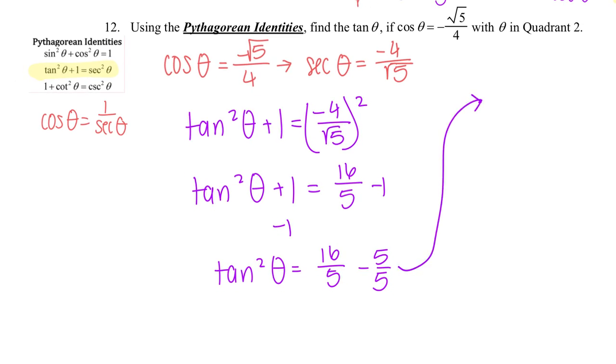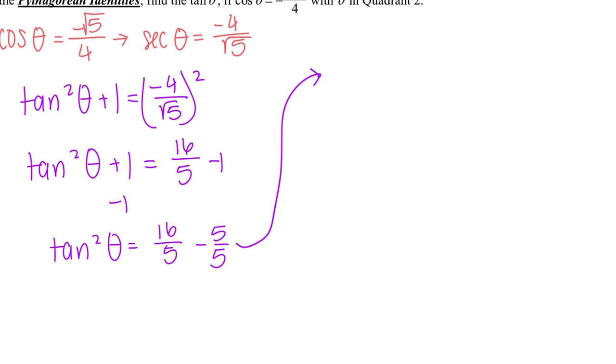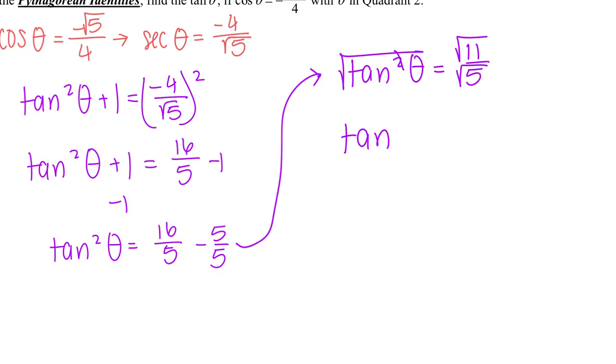Bringing this over here, I'm now going to have tan squared theta equals 11 over 5. Get rid of that squared by square rooting. Tan theta equals square root 55, rationalizing this